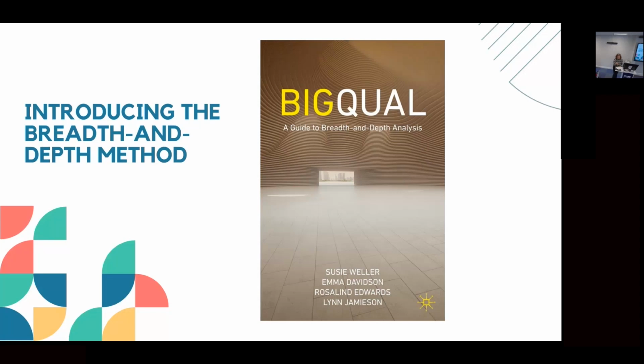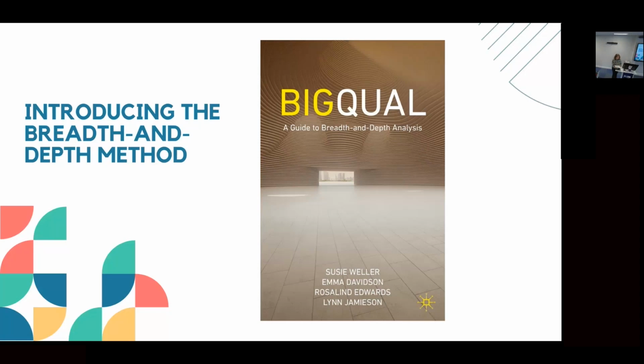As I'll show a bit later, we don't have to use the breadth and depth method with archive material, but there is this idea that we're increasingly expected to make data available, and that process takes a lot of time and intellectual and emotional labour on the part of qualitative researchers to prepare all that material. And actually, a lot of it is sitting unused. So that was partly why we focused on archive data. But